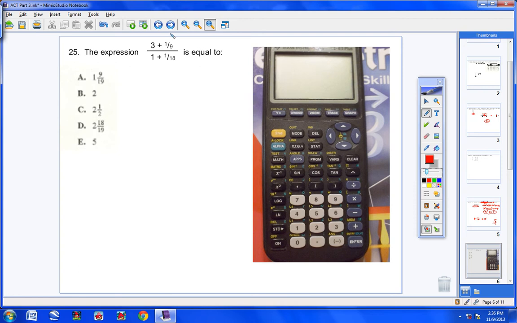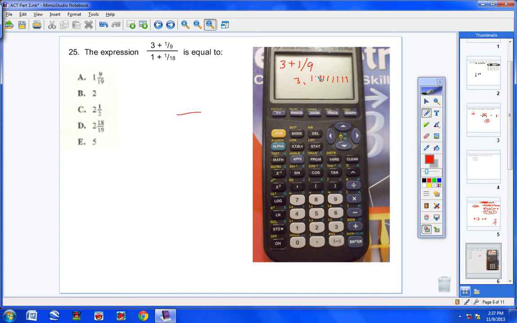Now, if you're allowed to use a calculator on the ACT, and you are, and it saves you time, which it does, then please learn to use it. Okay? Now, here's what I want you to do. I want you, first of all, to learn how to use your fraction button on your calculator. So, this expression right here is equal to this. And the first thing you do is, I'm going to add these two up top. So, with your calculator, hit 3, then hit plus, then hit 1, then hit divided by, and then 9. It'll look just like that. So 3 plus 1 divided by 9, and hit enter. And you're going to get this on your screen,